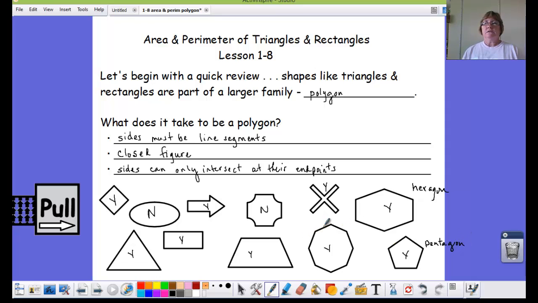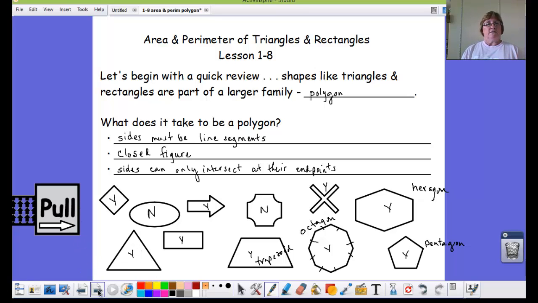This one, I'm going to mark them: 1, 2, 3, 4, 5, 6, 7, 8. Most of us can remember this one because this is like a stop sign. It's an octagon. This one has 4 sides. That makes it a quadrilateral, but 2 of those sides appear to be parallel. This guy's a trapezoid. A lot of the quadrilaterals have their own special names. Rectangle here, and this one of course is a triangle, or I've seen in some books a trigon. All right,